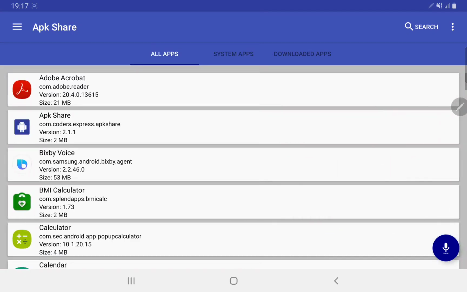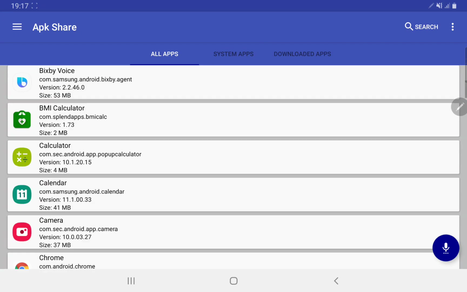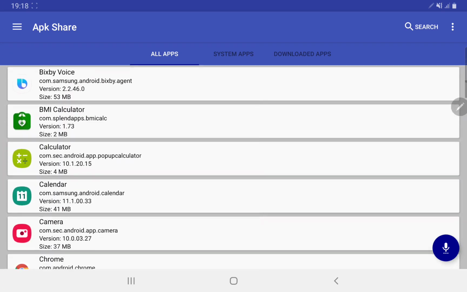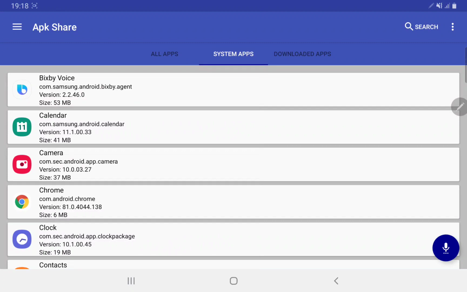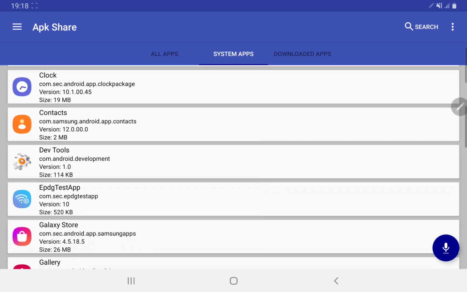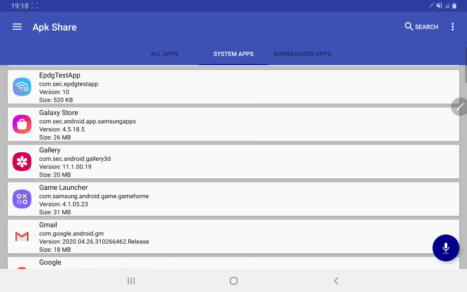You can see that it shows the list of all the applications installed in this particular device. Now this system app section is of those applications that come preloaded with the device. Means these are the system applications that come from the device manufacturer side, preloaded in the binary of the device.